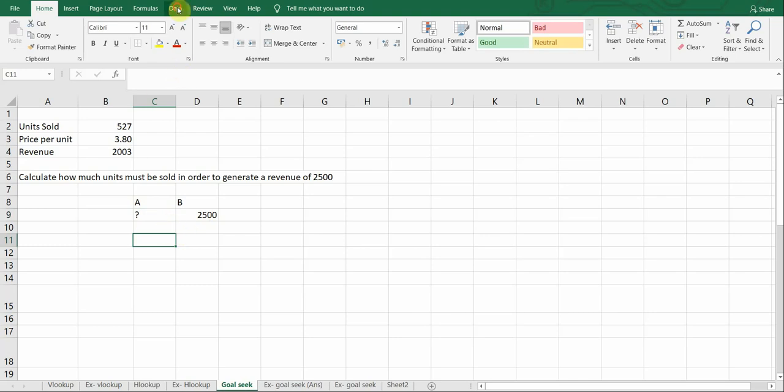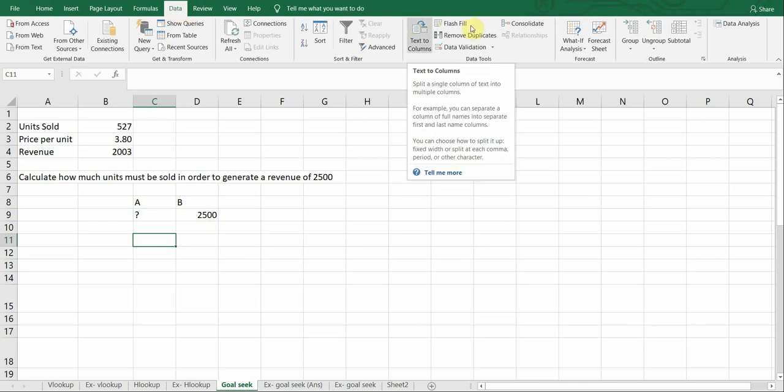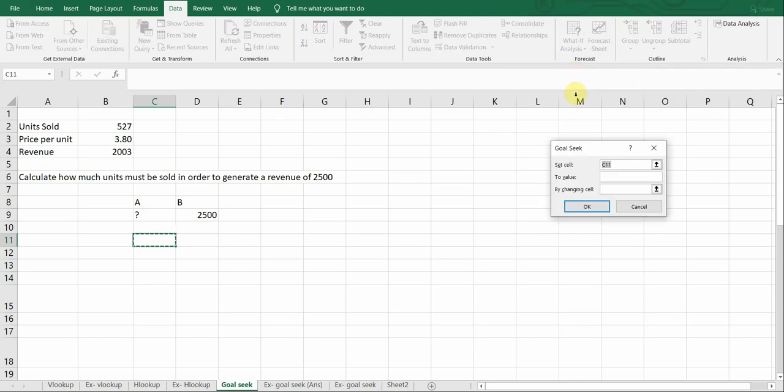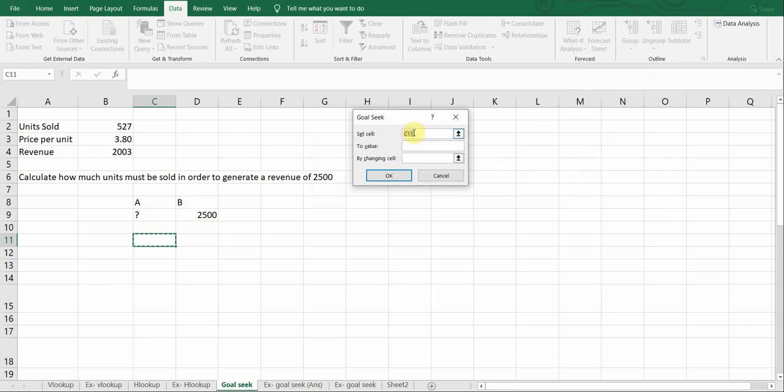For calculating that, we have to go to Data, What-If Analysis, and click on Goal Seek. Now when we click on Goal Seek, you will get a dialog box like this. In this, the first one is Set cell, which is always the formula cell, the cell which contains the formula.